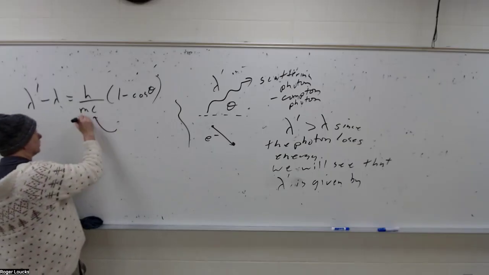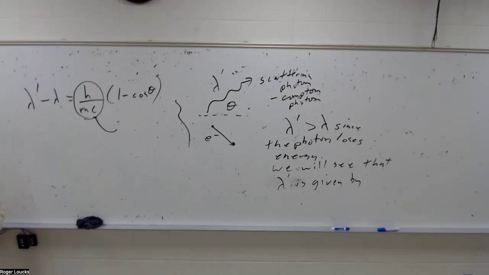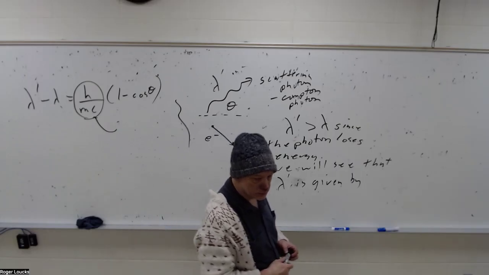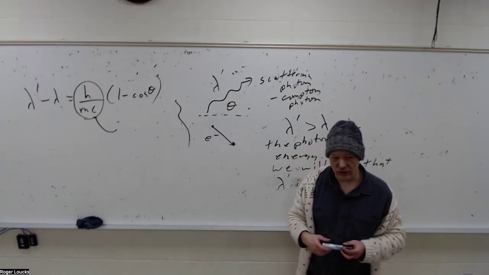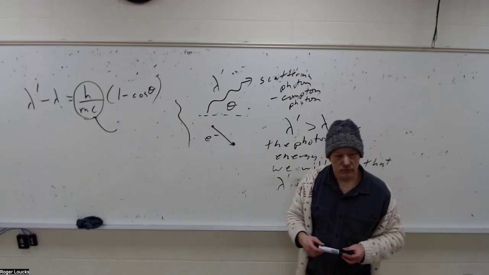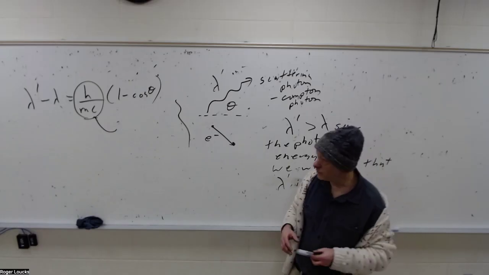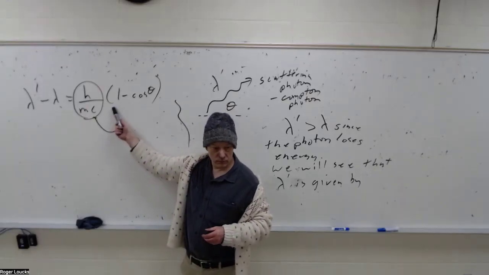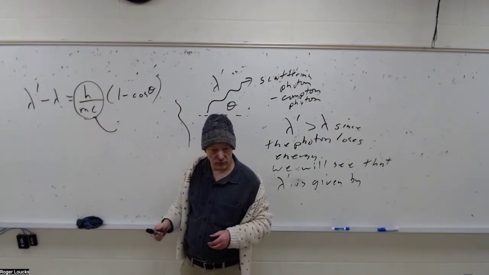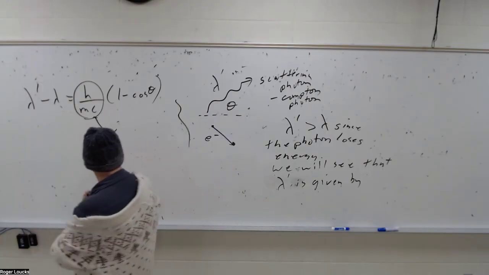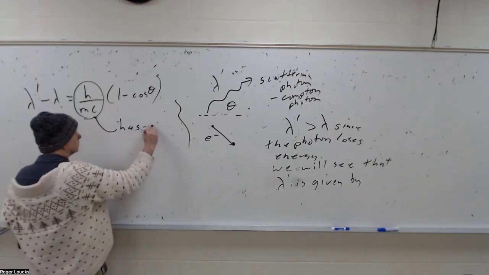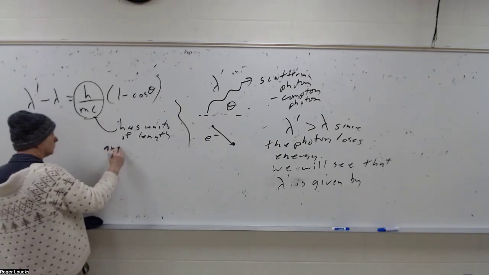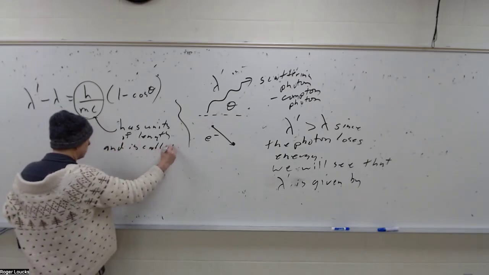Now this value right here, what are the units for this without doing any work? What do you have to measure wavelength in terms of? Nanometers. In other words, this is a length. What are the units for the factor over here? Nothing. So this has to have units of length, or nanometers. Okay, so this has units of length and is called the Compton